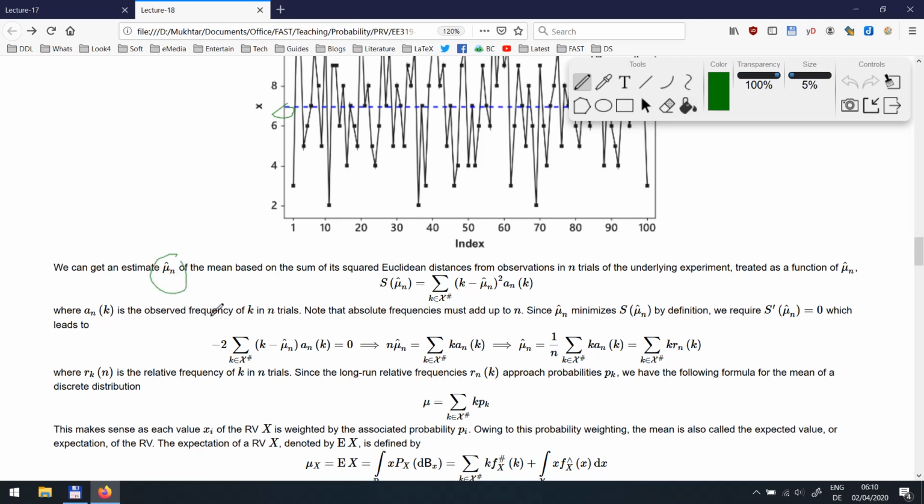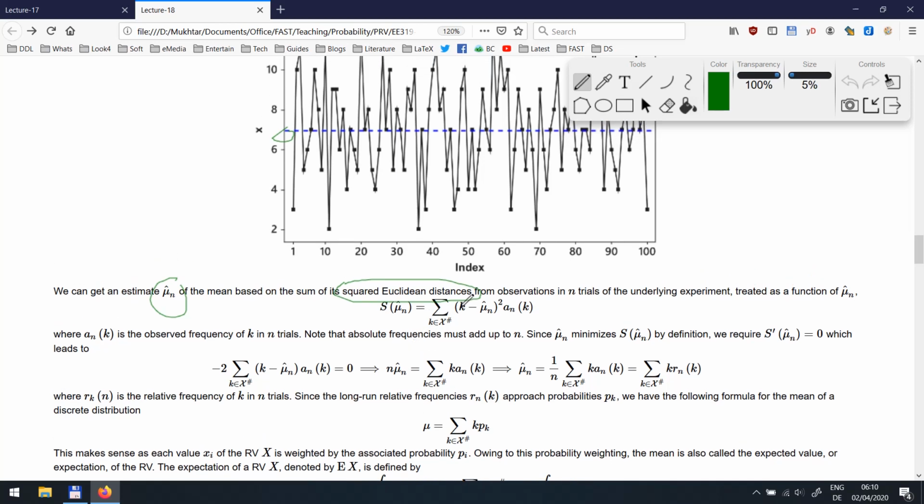Hat means that I want to estimate the true value of the mean from data, and this subscript n means that I'm using n data points. If I use the squared Euclidean distance as a measure of misfit,